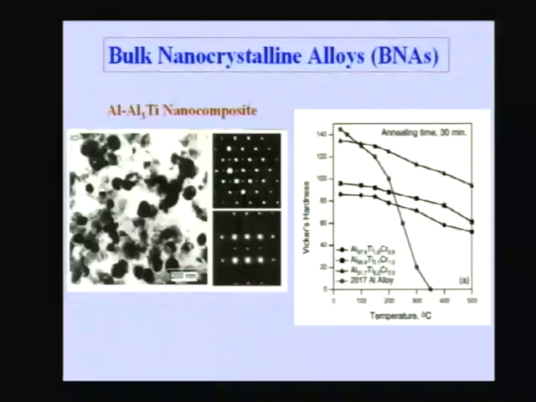For example, if you look at this plot, which shows the Vickers hardness of a commercial aluminum alloy 2017, which is nothing but an aluminum copper alloy. The most popular aluminum alloy for the aerospace industry is the aluminum copper alloy, you all know that. If you take such an aluminum copper alloy to the peak aged condition and look at its hardness as a function of temperature, you will see that its hardness falls very rapidly